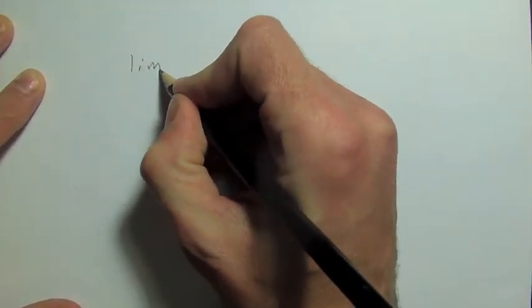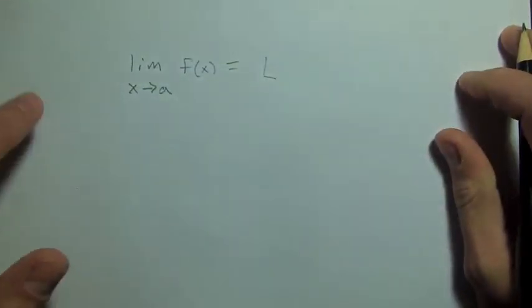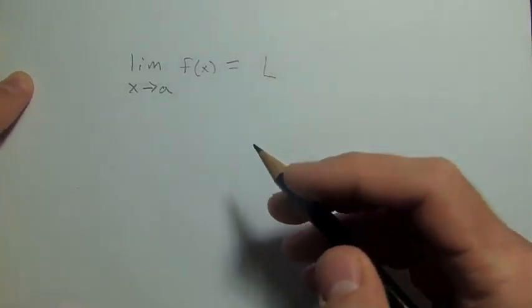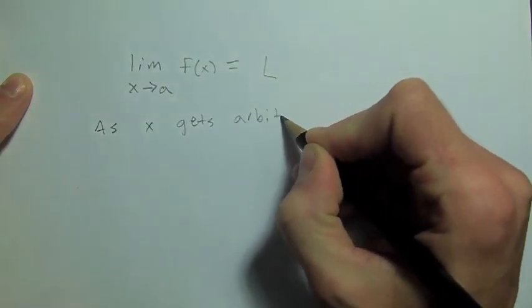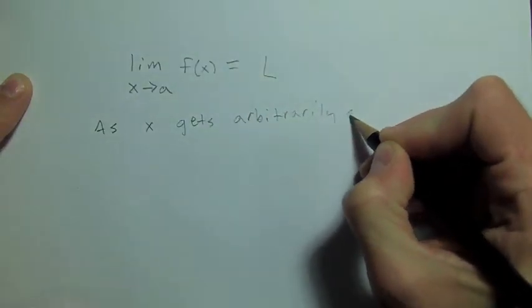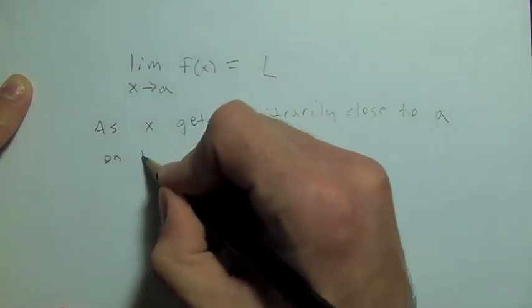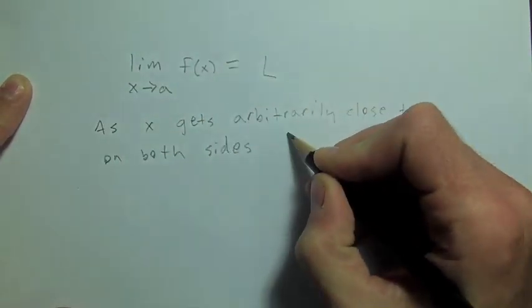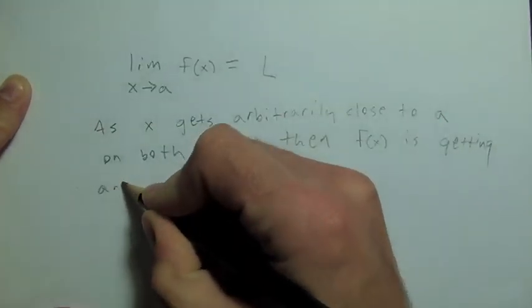If the limit as x goes to a of f of x equals L, we say that the limit of f of x as x goes to a is equal to L. What this is basically saying is that as x gets arbitrarily close to a, and this is on both sides, then f of x is getting arbitrarily close